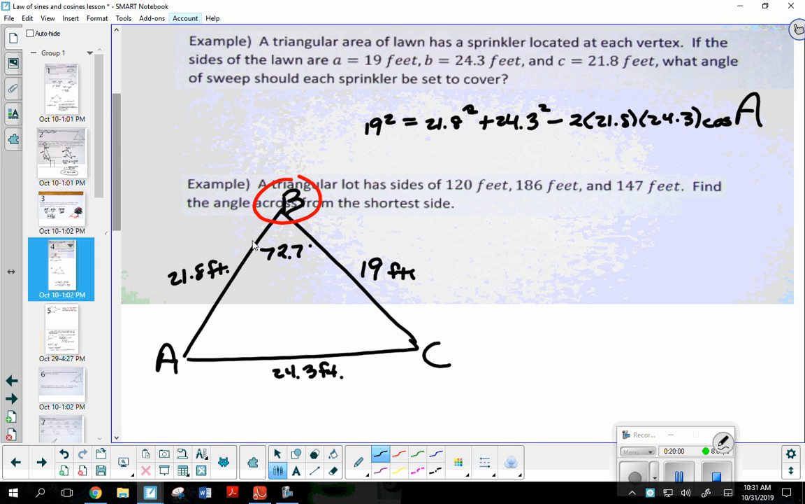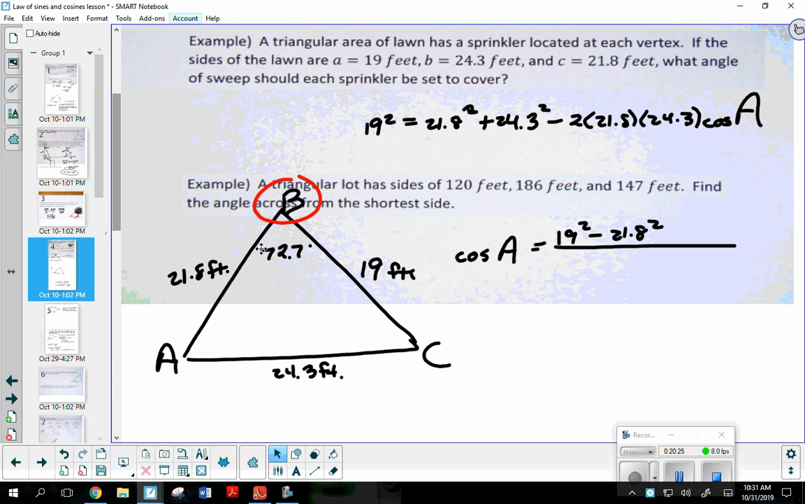Now we just want to do the exact same thing we did a moment ago. I need to get the ratio that equals cosine of A. Now for this one, I'm just going to go ahead and immediately go to it, just like we started doing it yesterday. Can anybody tell me what should go in the numerator? What should start it? 19 squared plus, oh, minus, okay, 24.3 squared. And then what's going to go in the denominator? The negative 2, 21.8,